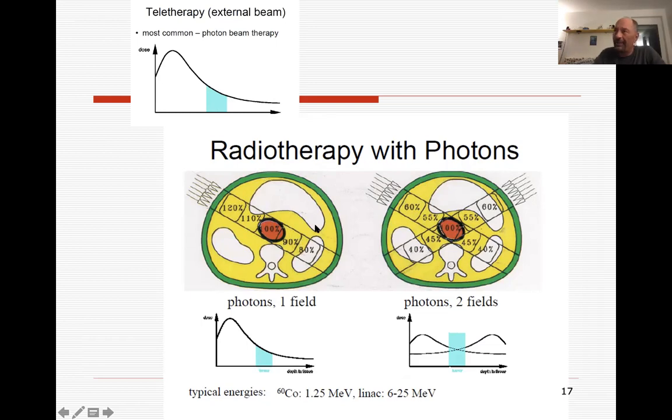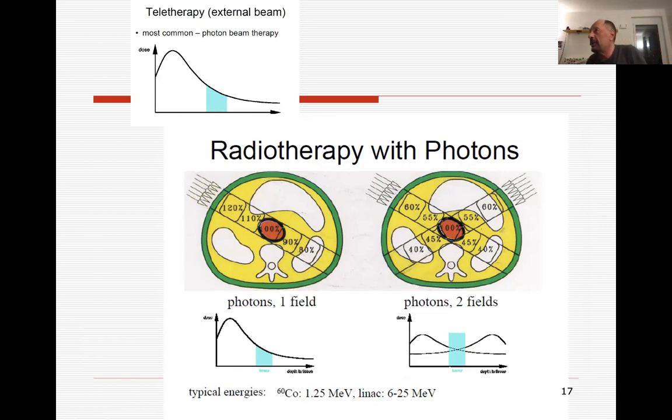So how do you fix this problem? Well, you use more beams. You see, even using only 2 beams, now you have a higher dose here, like 100% of the dose here. You have 60%, 60% here, 40%, and 40% here. So you see, here is the example of using 2 beams that